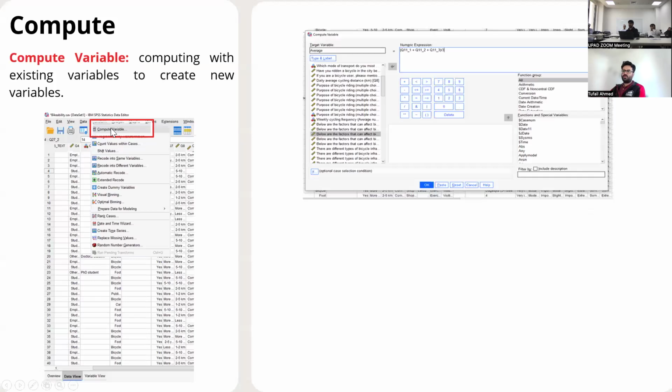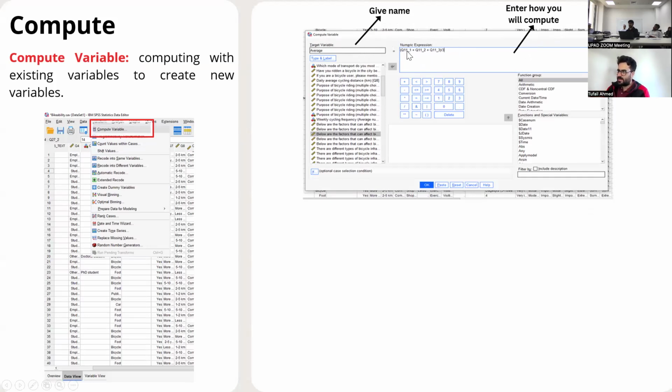When I click compute in transform, you will end up with a new window where you have to give the name. Here you have to name the variable, and here is how you want to compute your variable. This is a kind of mathematical expression.